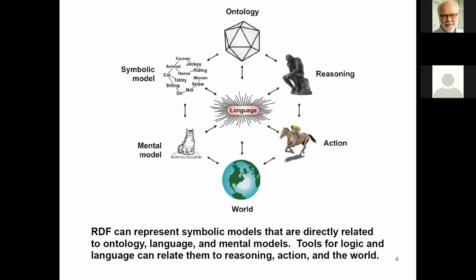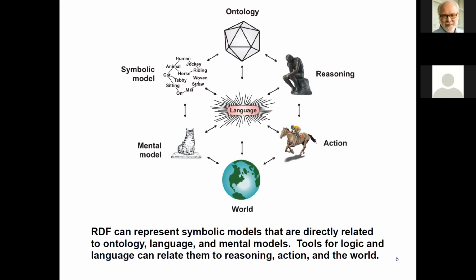Now, the next slide shows that hexagon again, and it shows that every part of the hexagon represents some action, some aspect of our thinking and reasoning. At the top is the diamond crystal that represents ontology. At the bottom is the world with all its huge amount of complexity. And then in the middle is language, which relates on the left